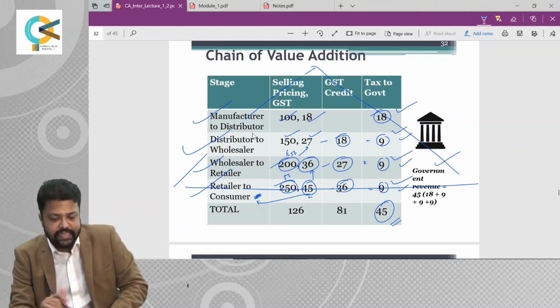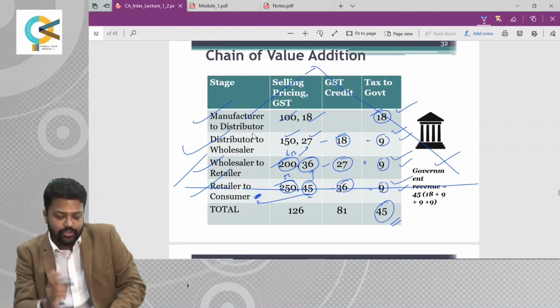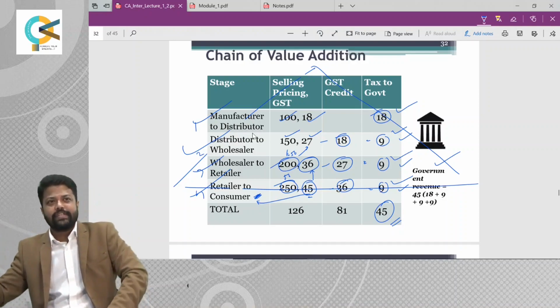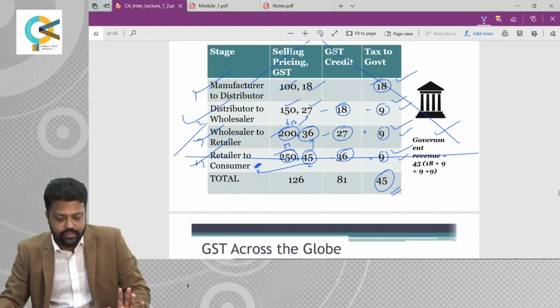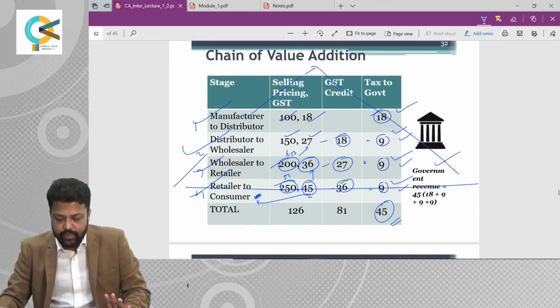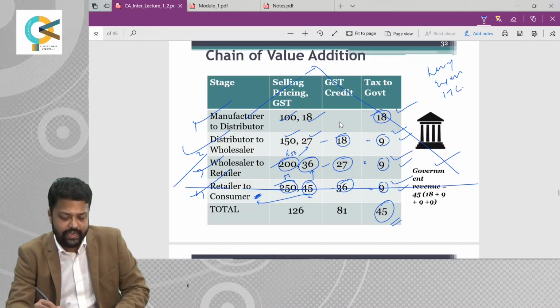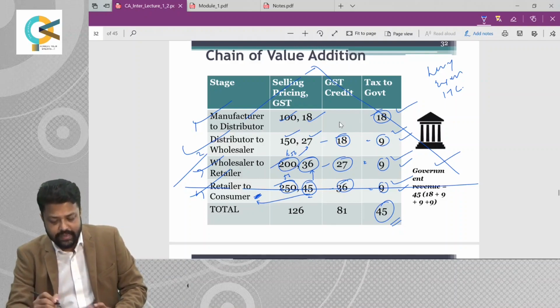Understood? So the need for this value addition taxation system is simply that the tax should flow in a professional manner, and that responsibility is reposed on 1, 2, 3, 4 as the case may be. There may be multiple chains depending upon the type of the commodity. So this model is clear now. The value addition taxation model is very, very important to understand, because whatever we are going to learn, may it be levy, exemptions, or input tax credit, all are going to get associated with this example only. So we'll be taking this example multiple times.